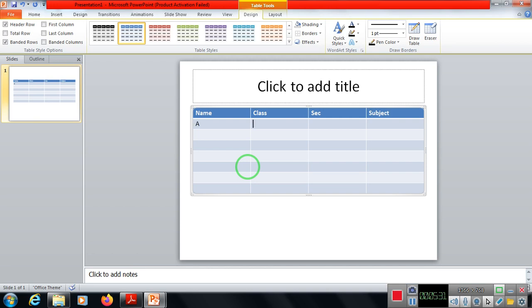Name A, class 10th, section A, subject maths. Name B, class 10th, section B, subject science. Name C, class 10th, section C, and then maths, science, Hindi. Okay. Now another thing, if you